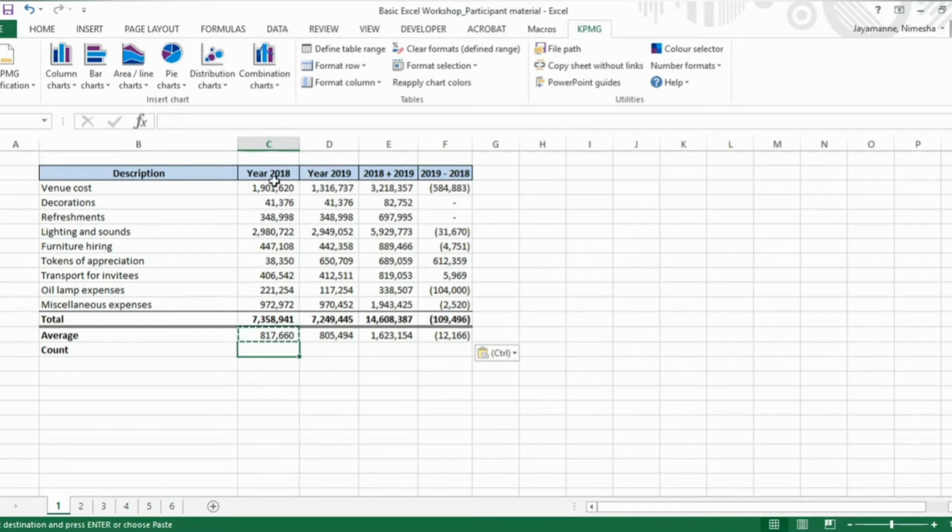Then I need to get the count. I need to see how many expense items have been incurred here. So I select equals count. And I select the rest. Close bracket. And then it tells me there are 9 items. Now, if I delete one of these, it will change to 8. Because it all has 9 rows. So that is about it with regard to your sum,